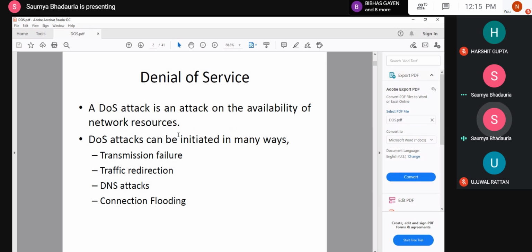Let's talk about the first point, which is transmission failure. Normally, when does a transmission failure occur? Anybody? When does a transmission failure occur? Ujjwal,